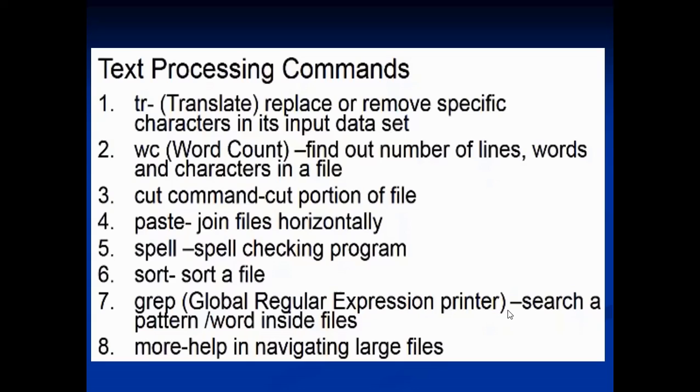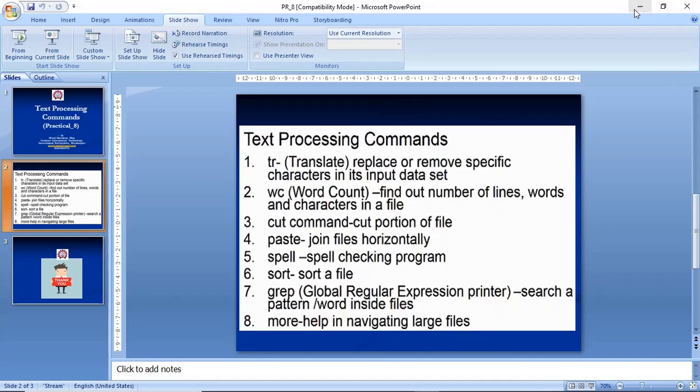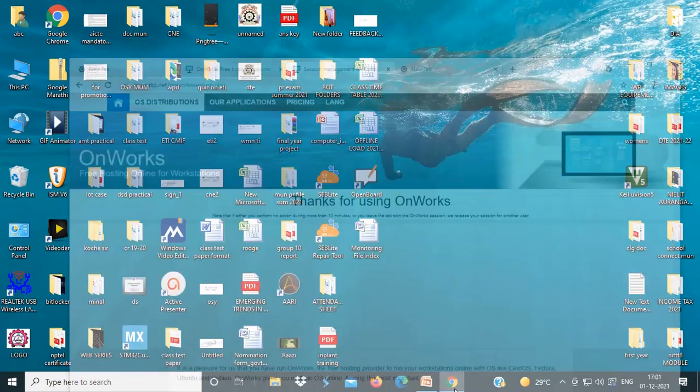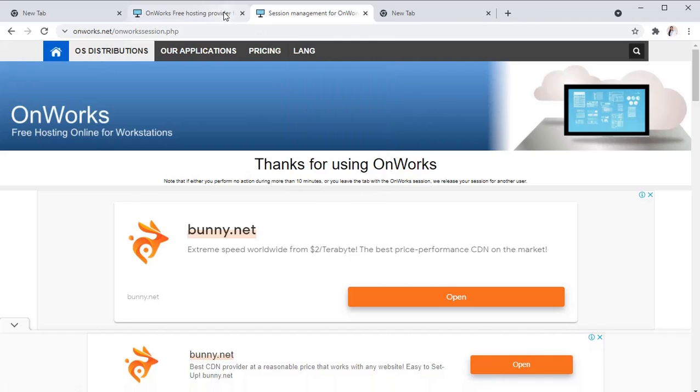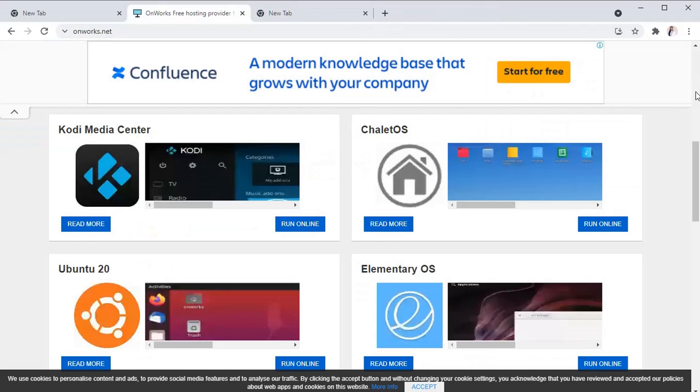Okay, so for execution of these commands, we'll open the online Ubuntu server.